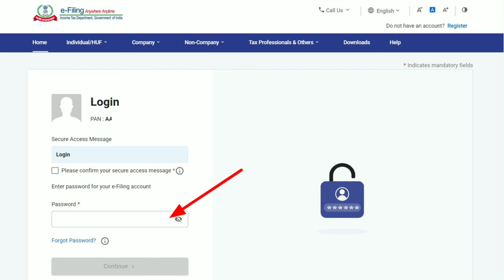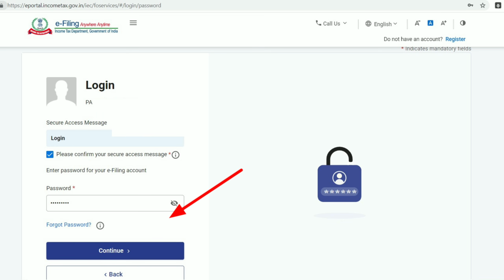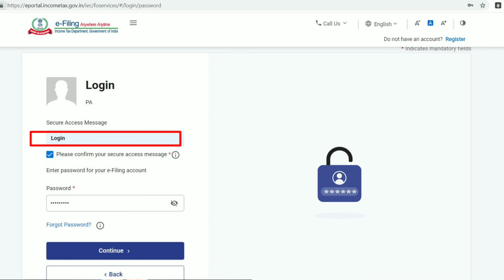But along with providing the user ID and password on the new portal, an additional security option has been auto activated, which is a secure access message. Currently, the default secure access message created is login, which can be changed by updating the profile after you log in to your income tax portal.